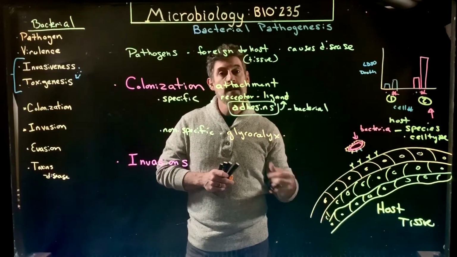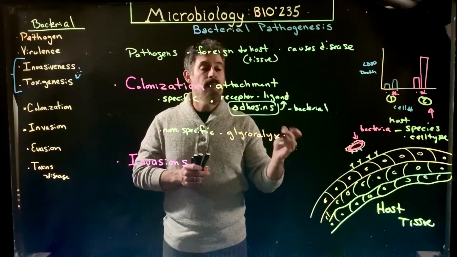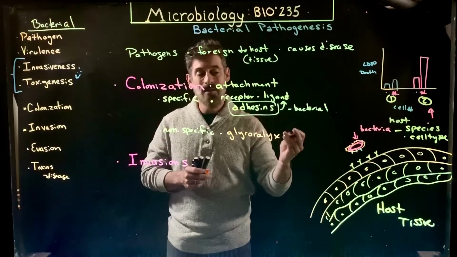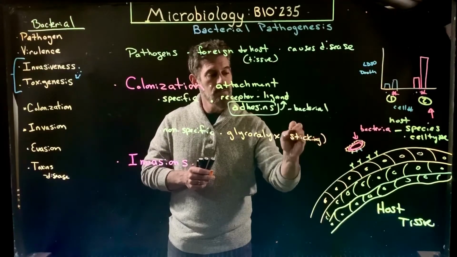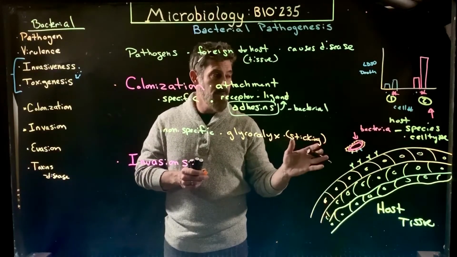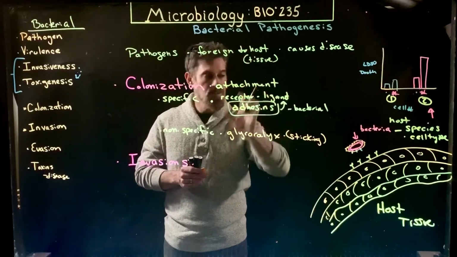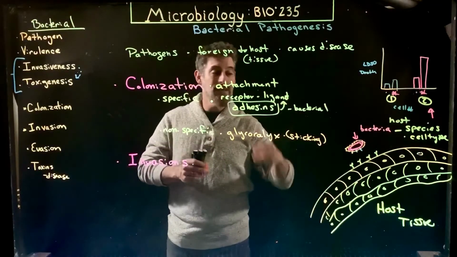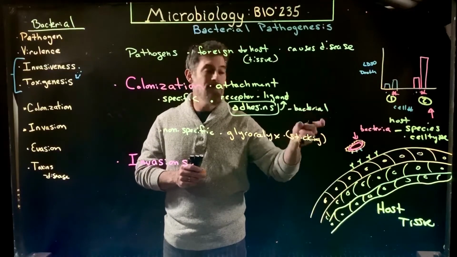That glycocalyx can be organized or disorganized, remember, as a slime layer or a capsule, and that can then bind to host cells as well. So it's a little more of a non-specific sticking to the host cells through this sugary glycocalyx layer. It's possible that there's some specific binding, but usually not. Some capsules have specific binding, and certain things like S layers, which is now a protein layer, will have specific binding. So there are other types of layers outside of the bacterial cell that could also have a function in binding them